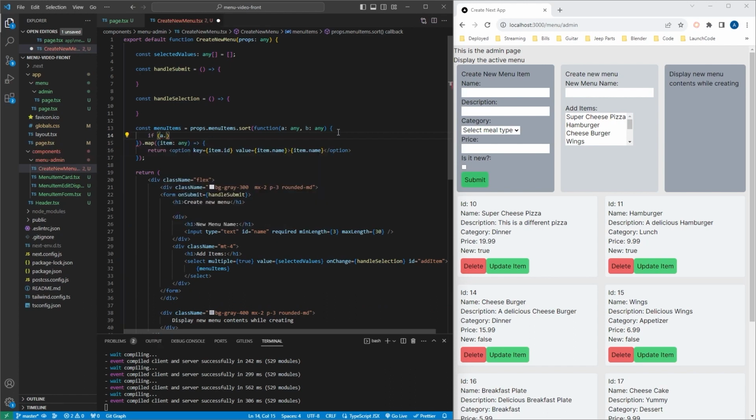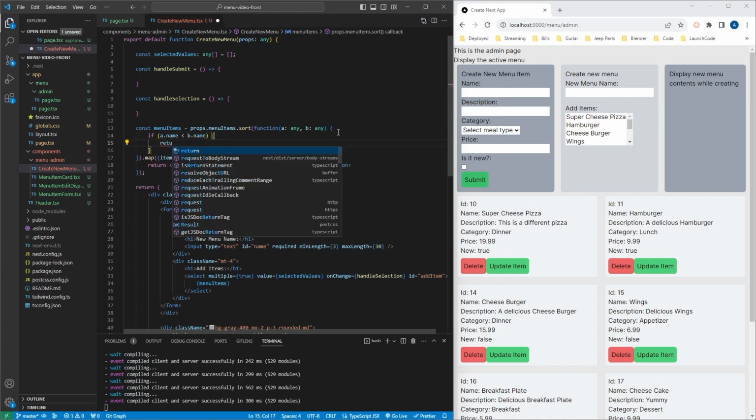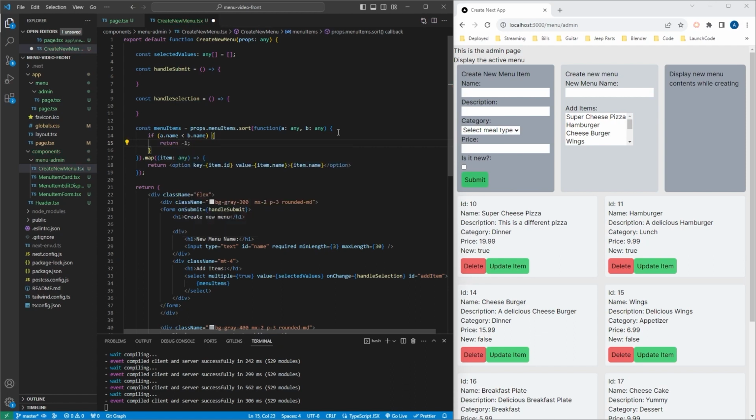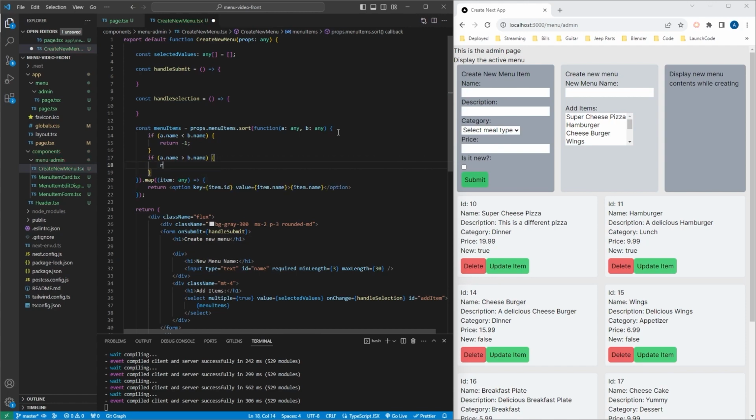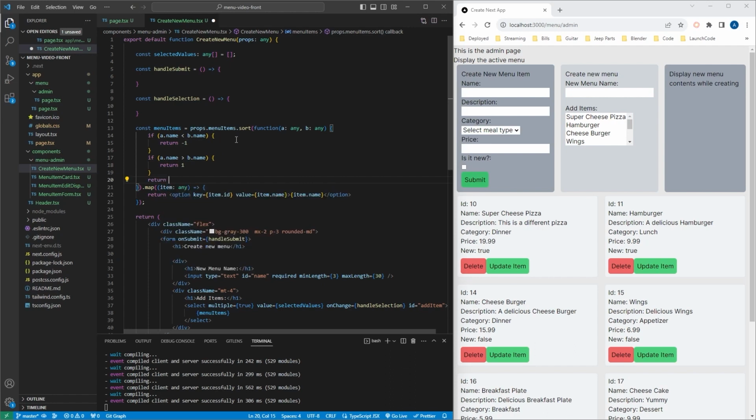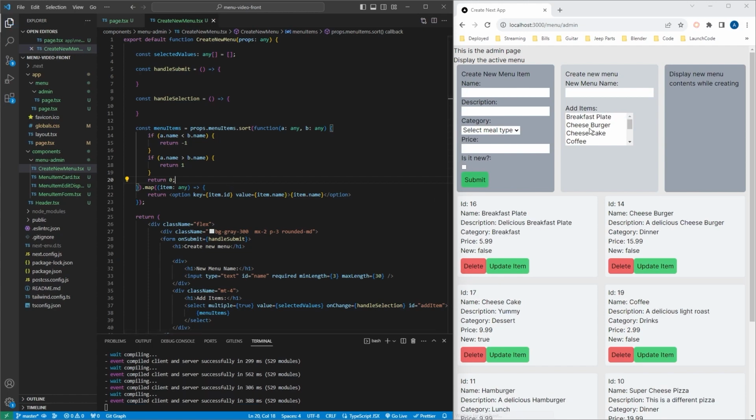So if A.name is less than B.name, we'll say return -1. And if A.name is greater than B.name, we'll say return 1. Just because I haven't been using semicolons, we're not going to change the convention. And then at the end, we're just going to say return 0. So, all right, now that this function is defined, if we save this, our add items is now in alphabetical